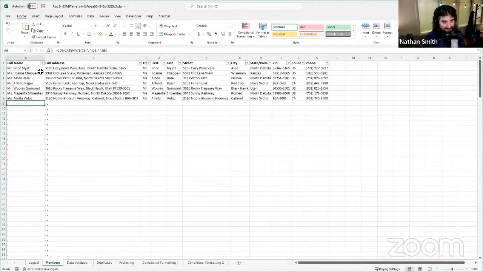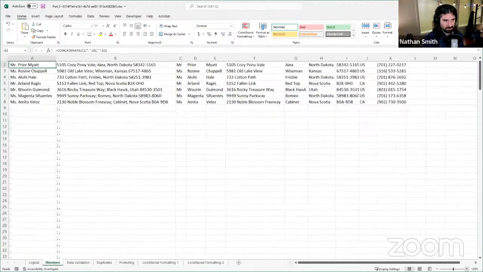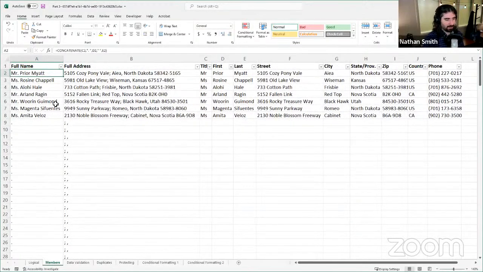what I want to do to fix this formula is fix it up here in cell A2, and then copy a version of that formula on down the rest of the way. I'm going to zoom in a little bit. Okay, let's go ahead and write a new version of the formula that will avoid giving us these stray periods